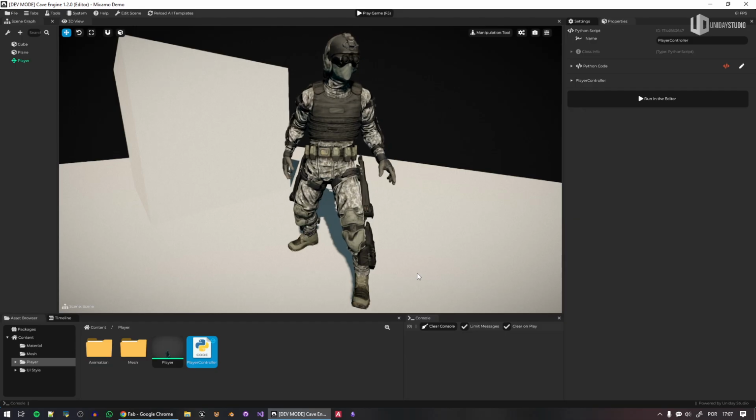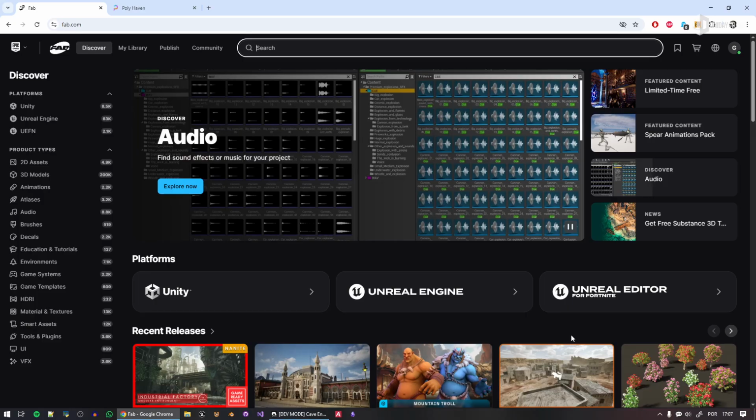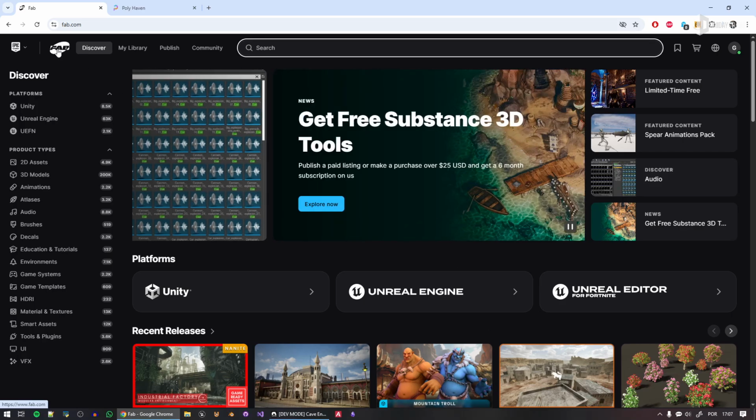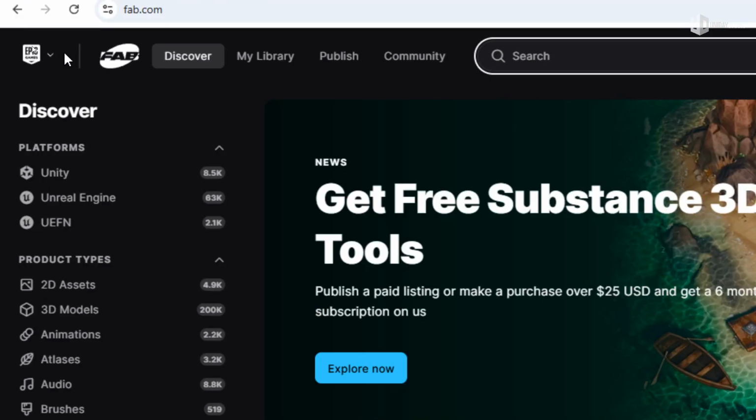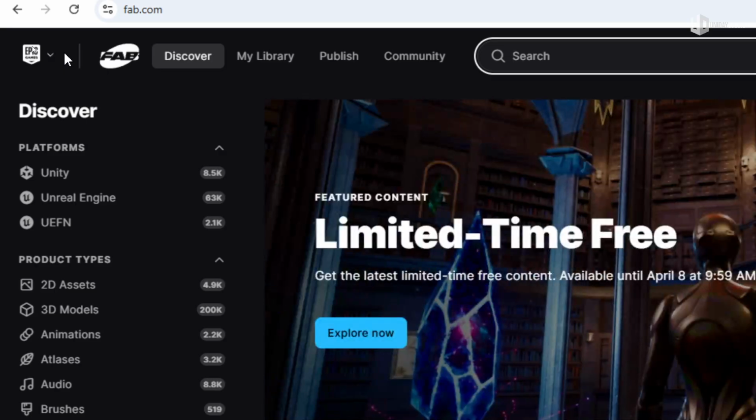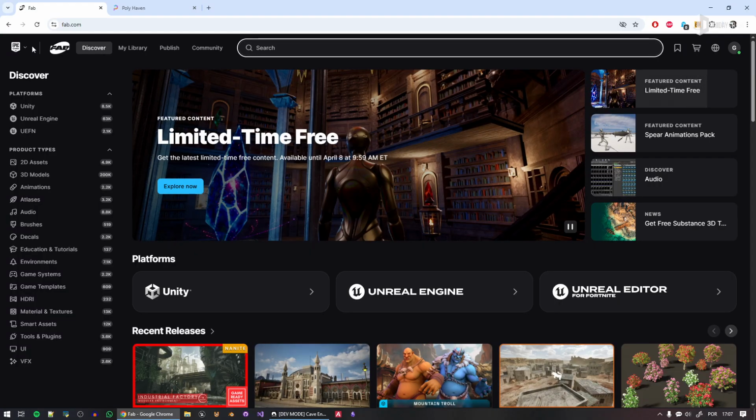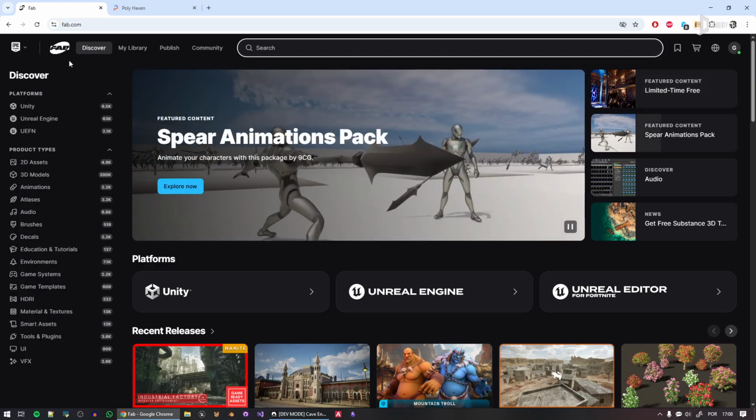So let's jump to the video subject, which is assets. And for this video, I'll be showing you two different ways to get assets. The first one is using the Fab Asset Store. It's an asset store by Epic Games. I don't know if they purchased it or something like that, but they did something with Sketchfab to make a unified asset browser. Anyway, there's a bunch of good looking and quality assets here